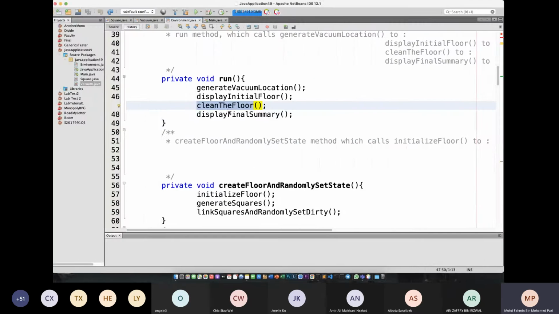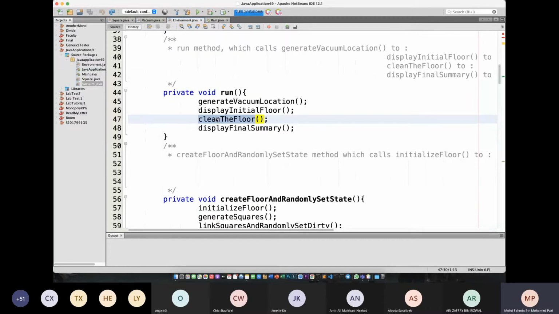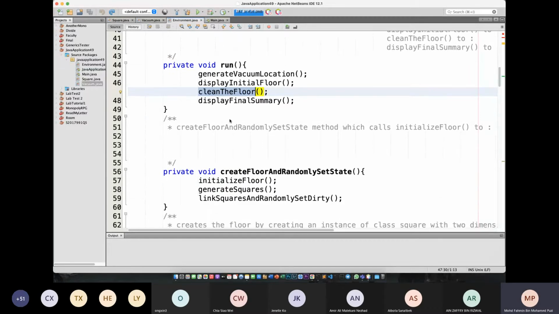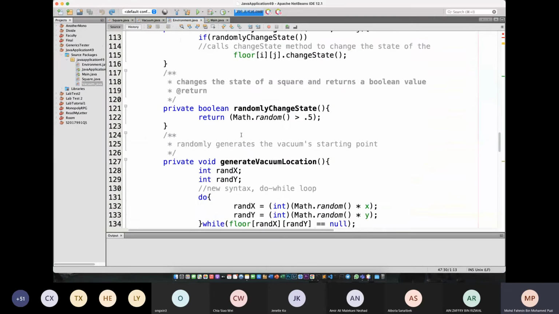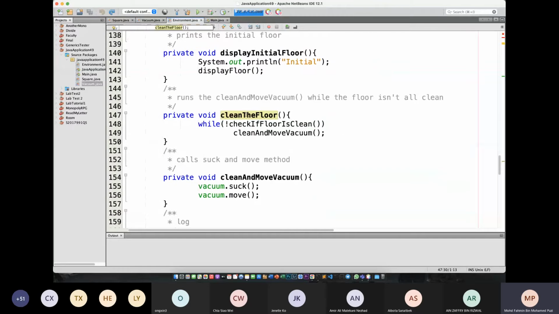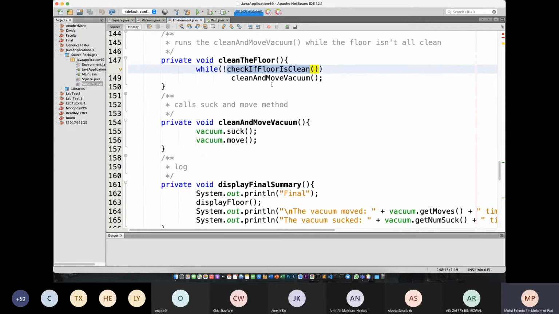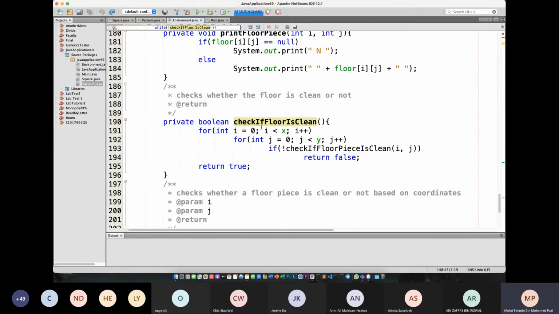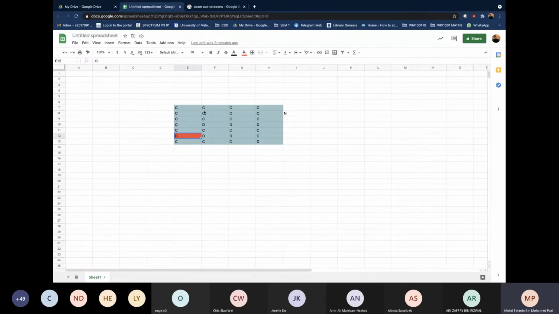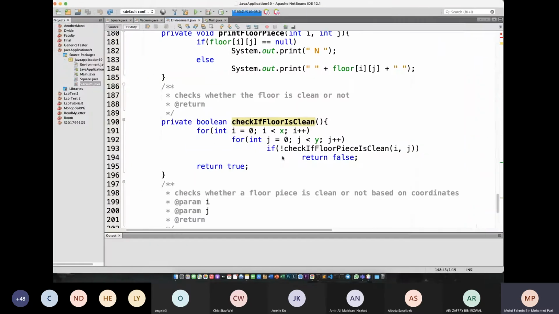Okay, so how do we do that? By using this clean the floor method here. So what the clean the floor method does is, first it will check if the floor is clean. So it's calling this method, check if floor is clean. So what this method does is basically, it will again look through all of these squares here, and then